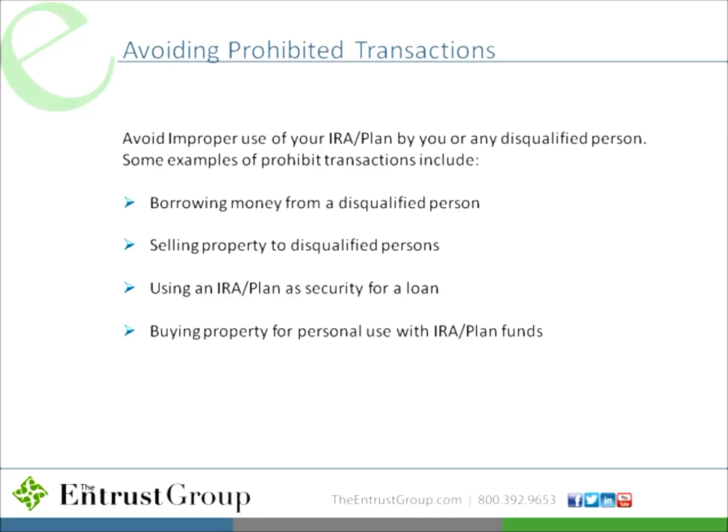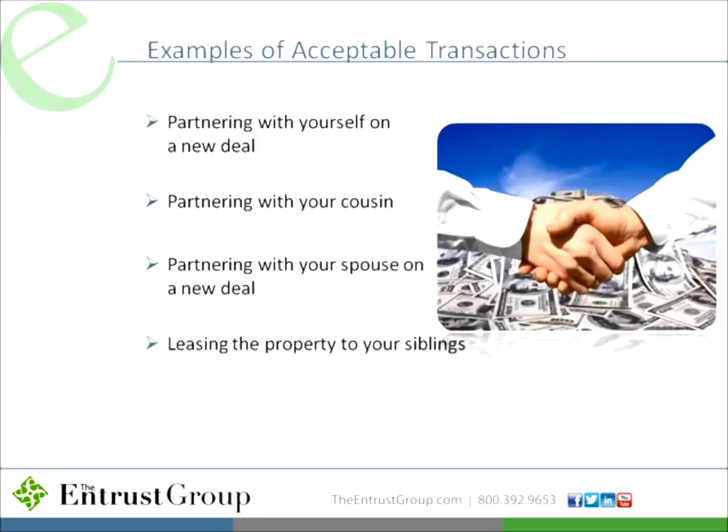So there's a couple of things. This is just a general overview of prohibited transaction avoidance. You don't want to borrow money from a disqualified person. You don't want to sell property to a disqualified person. You don't want to use the IRA as security for a personal loan, and you don't want to buy property with personal use through the IRA. So again, you can split ownership, you can do different stuff within the IRA, but you want to avoid these